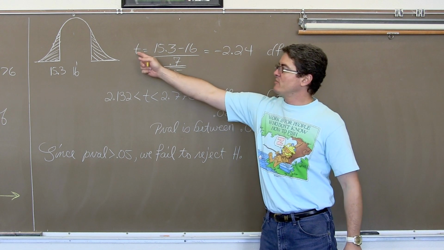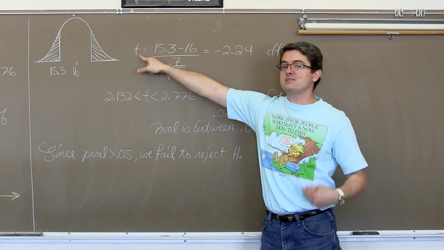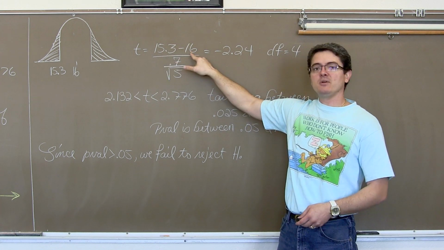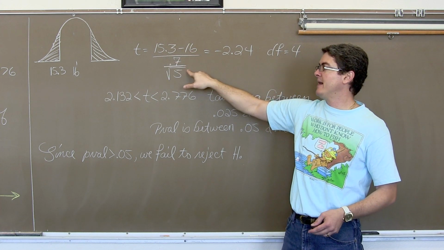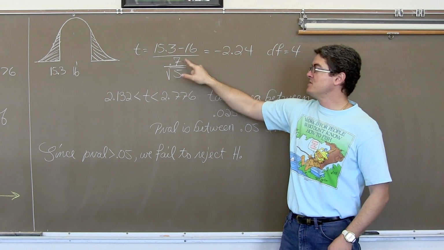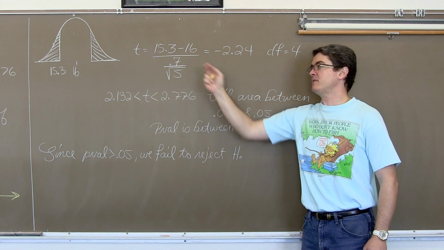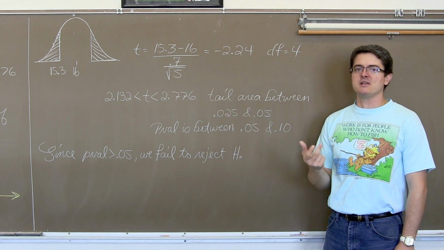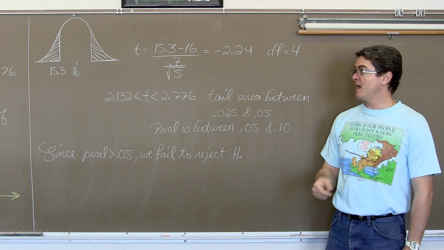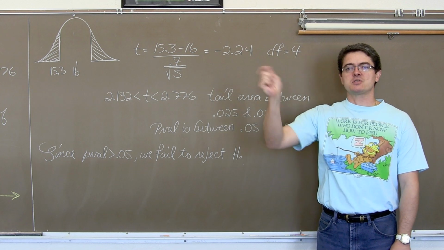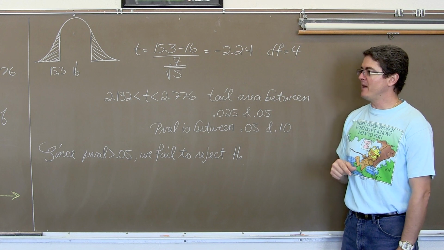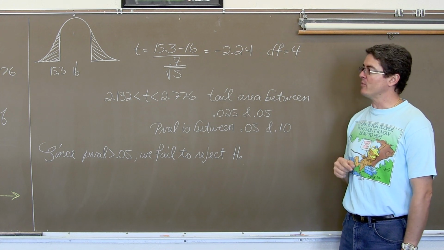So my t distribution, my standardized test statistic, is equal to the estimate, my sample mean, minus my population parameter, 16, divided by the standard deviation of the estimate. Since you're working with means and using the sample's standard deviation, we call that the standard error of the mean. Again, I'm just saying what your formula sheet will say when you take the AP exam. These standard deviation formulas can be found throughout the multiple pages of that formula sheet, and you just plug them in the appropriate spots.